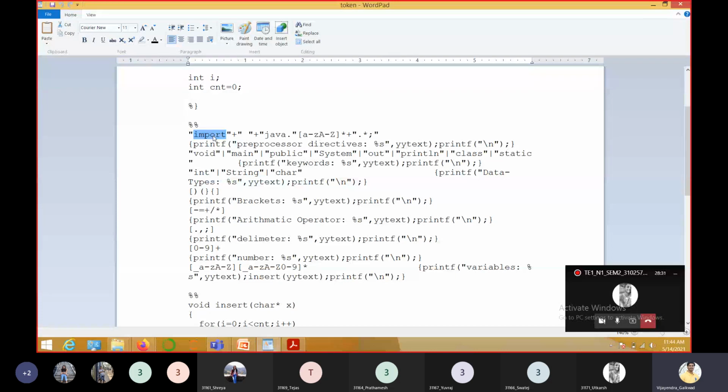IMPORT. There's no S to this. There's nothing after T or before I. So if that is specific, I am able to put that pattern inside double quotes as it is. But if I have to select from a given set of choices, then what I do, I provide that pattern in